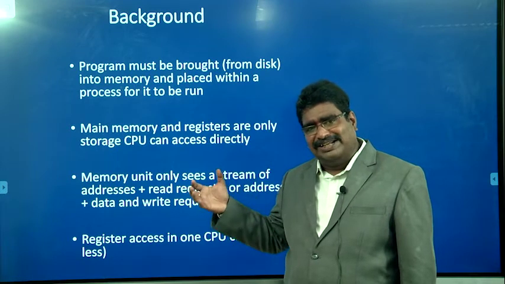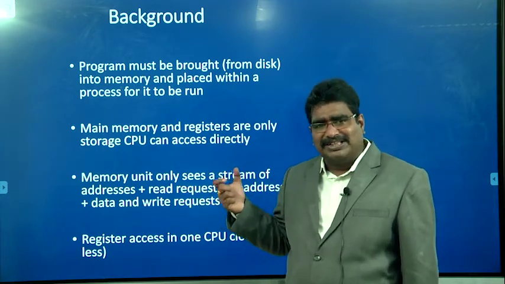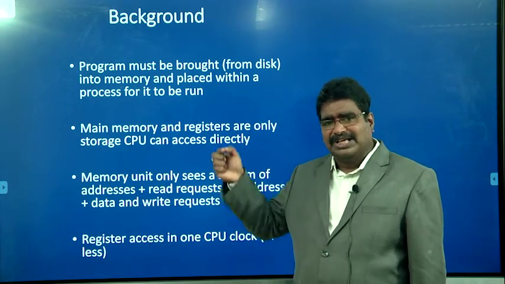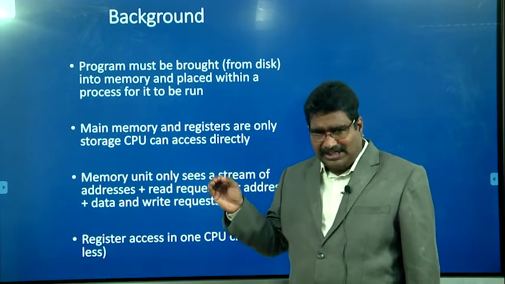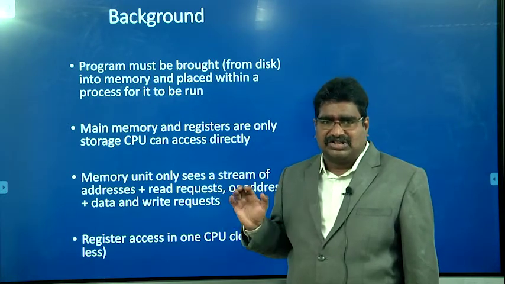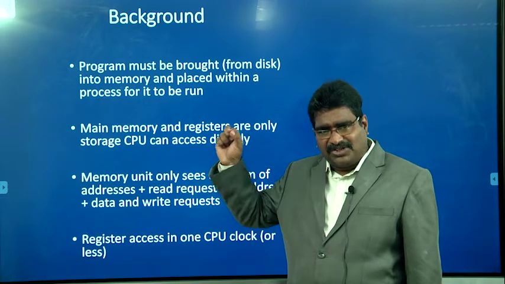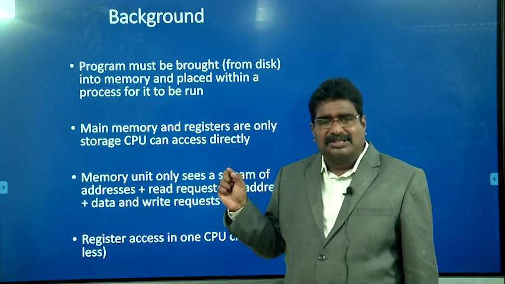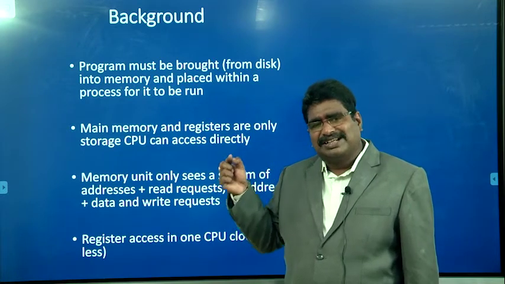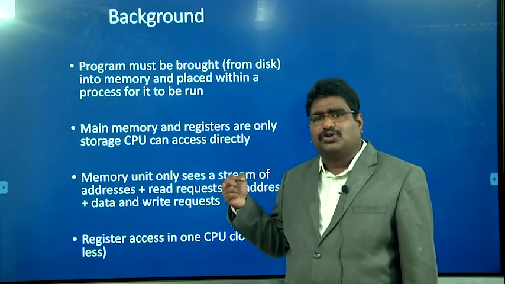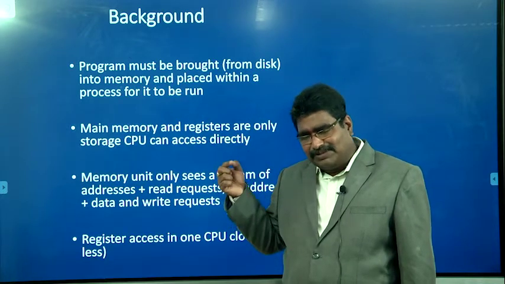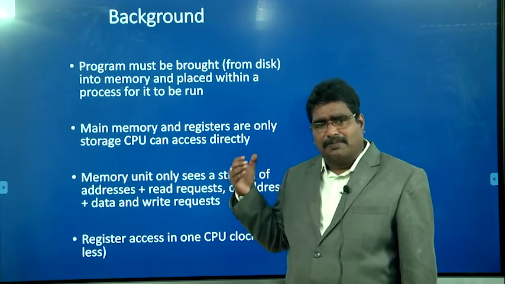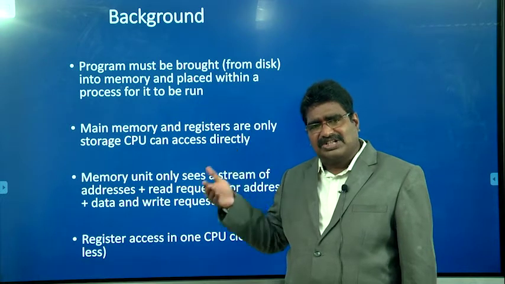Similarly, the processor needs to read the instruction. What is the need to read the instruction? The processor is able to perform execution instruction by instruction. For example, we write a program consisting of 10 instructions. First, the processor fetches the first instruction. And next, one more important thing is the instruction pointer, which is one of the registers. It holds the next instruction to be fetched, that is, it simply gives the address of the next instruction. So using the instruction pointer, the processor is able to fetch instruction by instruction.